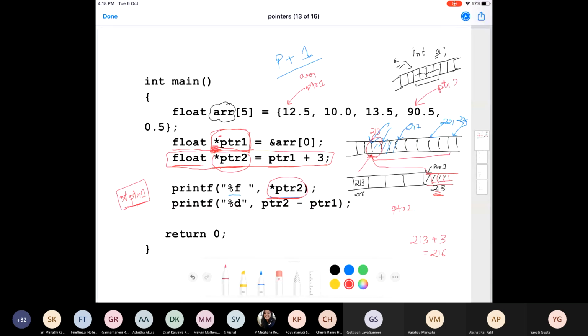PTR2 is pointing here. So when you look at star PTR2, it shows you the value stored at that location, which is 90.5. And when you do PTR2 minus PTR1, I think you have already done it when you were studying how to look at the number of elements in an array. It tells you the number of elements between this PTR2 and PTR1.